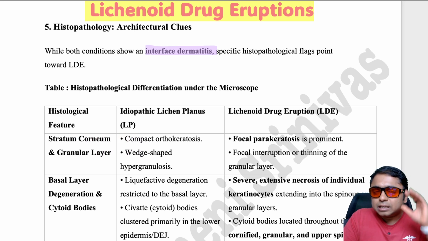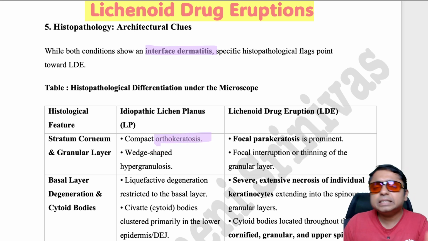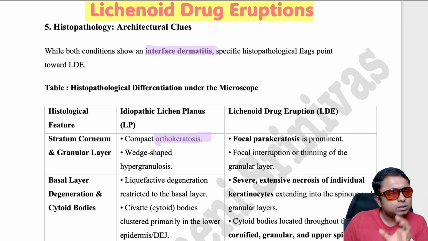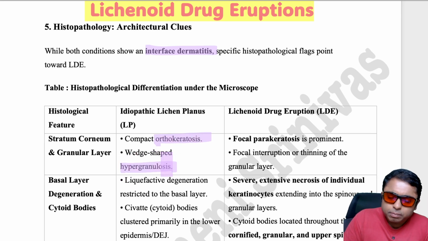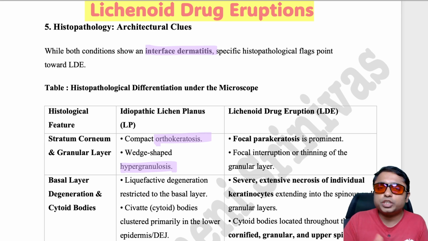So, in the stratum corneum and also stratum granulosum, we are going to see orthokeratosis, which is hyperkeratosis without any parakeratosis in the classic lichen planus, and also there will be thickening of the stratum granulosum, which is wedge-shaped hypergranulosis. In drug-induced lichen planus, we are going to see parakeratosis, that is, persistence of the nucleus in the stratum corneum can be seen, very peculiar,